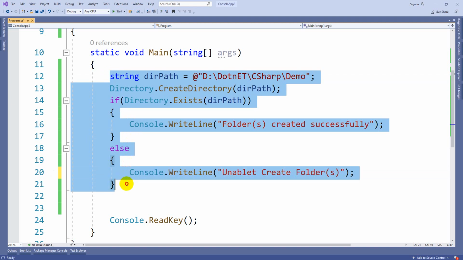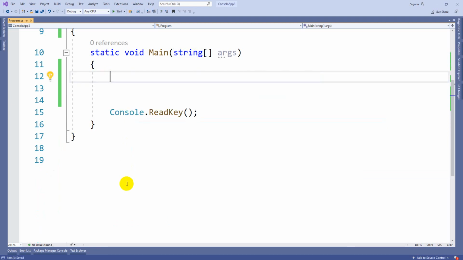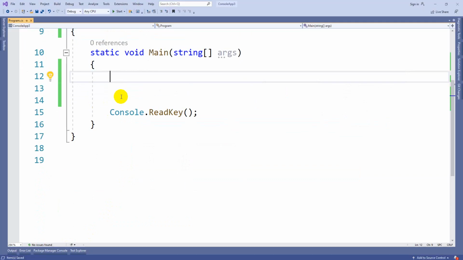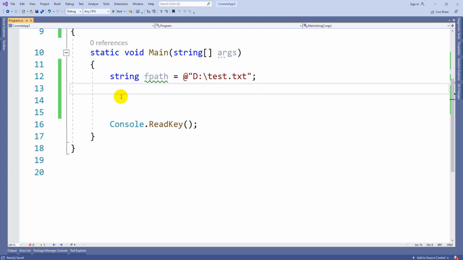Now let's create a text file and write some data into that one. Already a text file is there, so let us use the same path, test.txt. String fpath. Whenever I want to write something to a text file, here you can add an @ in D drive, the file name is test.txt. First I need to check, before writing, whether the file is available or not.